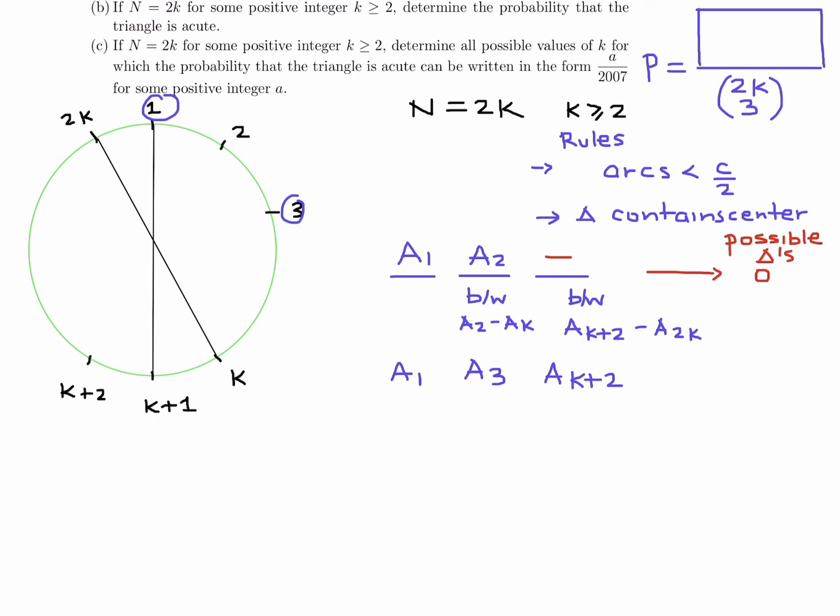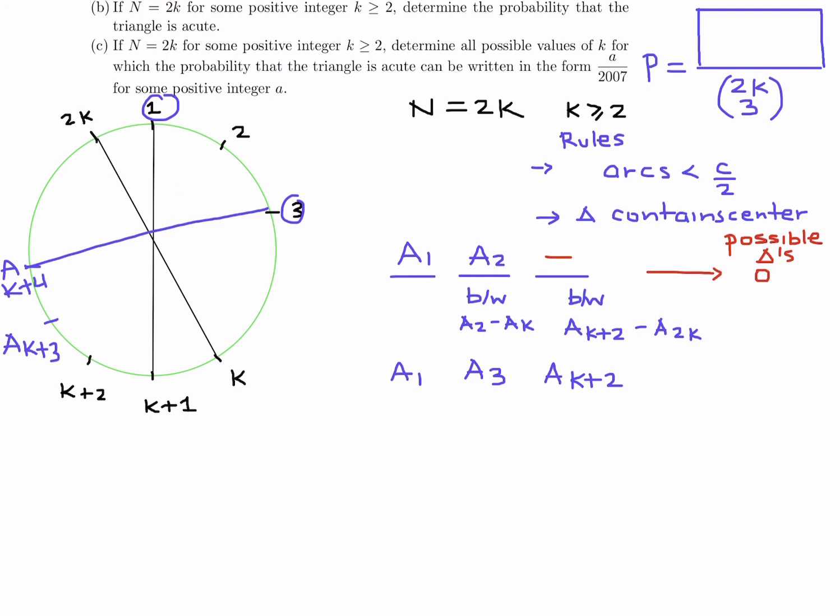But what about other values? How about AK plus 3? Why would that not be a choice? Oh, watch what happens. If you do that, notice AK plus 3 and A3 are diametrically opposite, so this is a diameter, and therefore this is a right angle. It's not acute. And if you keep going like this, let's say I chose AK plus 4, like that,